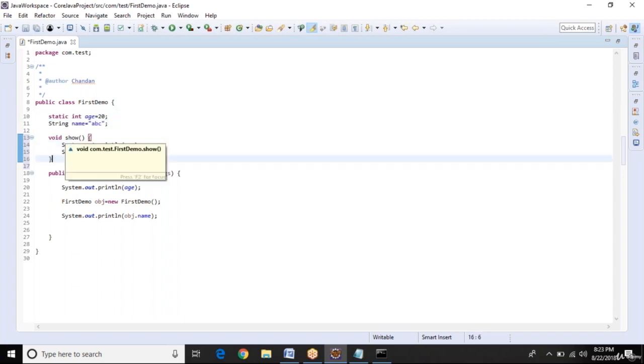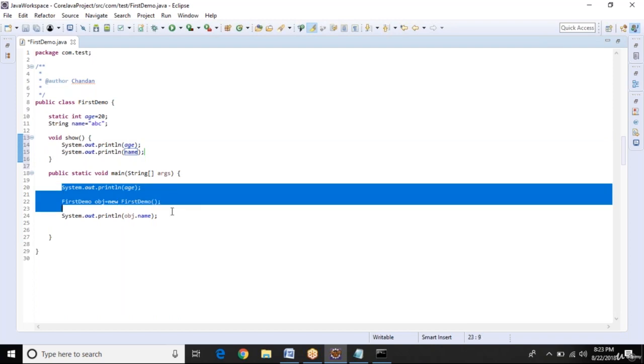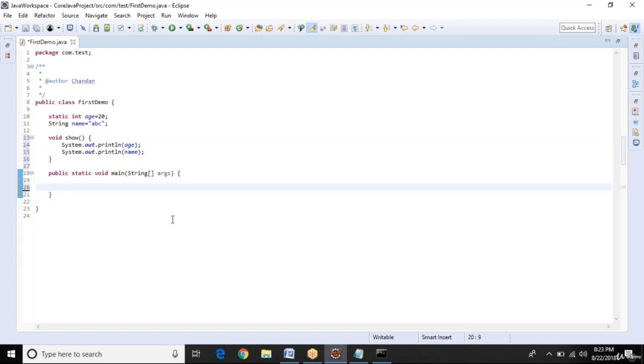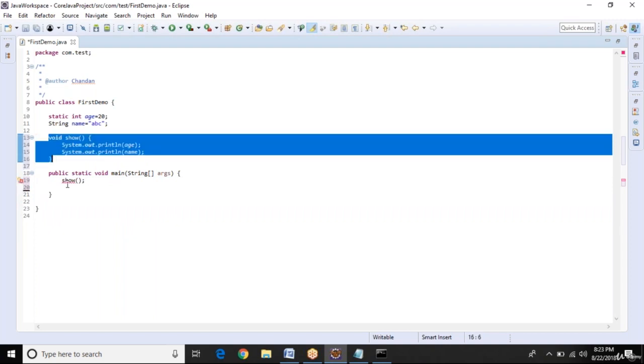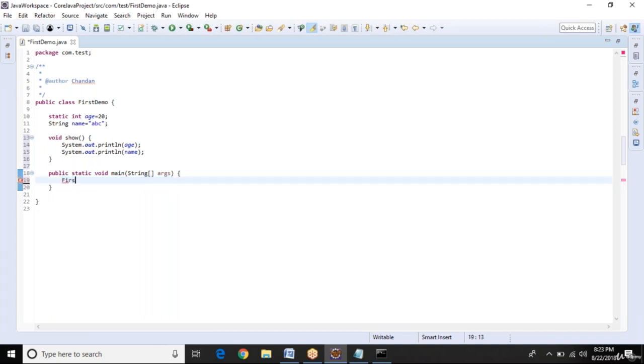But now how can we access this show method? We cannot simply write show here, so we need something to call this method. As we know this is an instance method, we need an object, and using that object only we can access it.